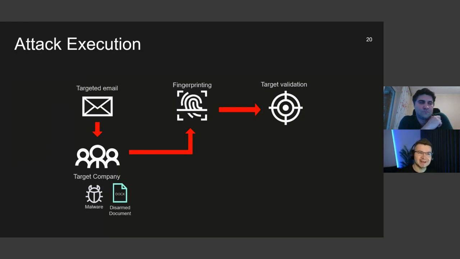Unless you know exactly what you're looking for, maybe you can recognize it by content, by name, or have a gut feeling that it's it, it's really, really hard to find where it comes from and why it is malicious. Let's say you found the document, and you received it by email. It was probably different when it was downloaded first, so you try to re-download it. If you follow the same chain through fingerprinting and target validation through the URL that was in the email, it is no longer available.